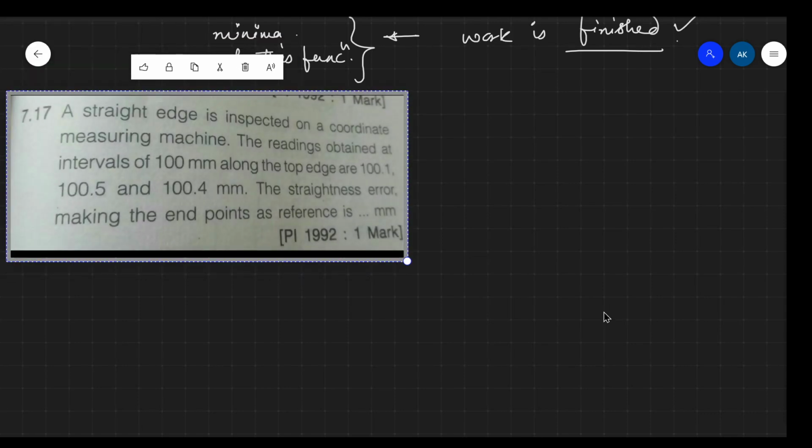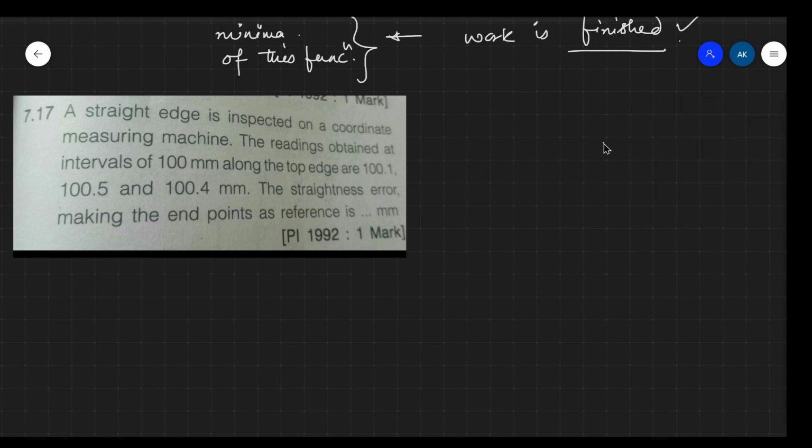So you can pause the video and try it for yourself. I will be continuing. So, what does the question state? That a straight line is inspected on a coordinate measuring machine. Now, this was asked in ESE, I guess, and at that time this CMM was not even in the syllabus,